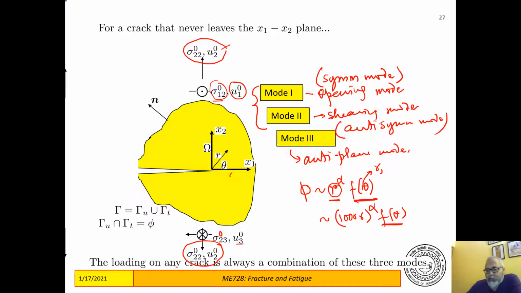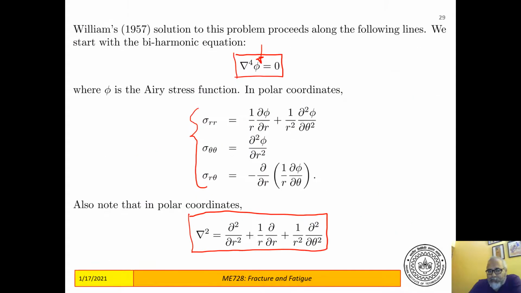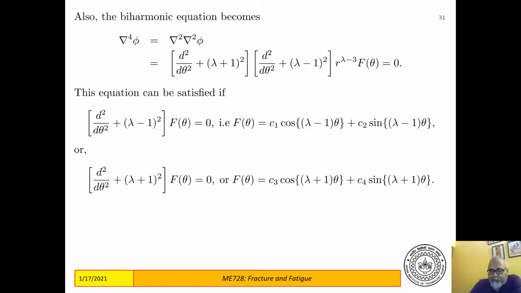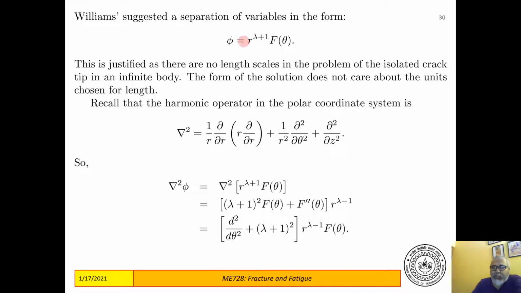So that is the reason why we are going to choose a separable solution in r and theta, and we are going to choose the function of r as a power function, and this is what we are going to take. So we are going to take phi as a function of r to the power lambda plus 1 times f of theta. Okay,